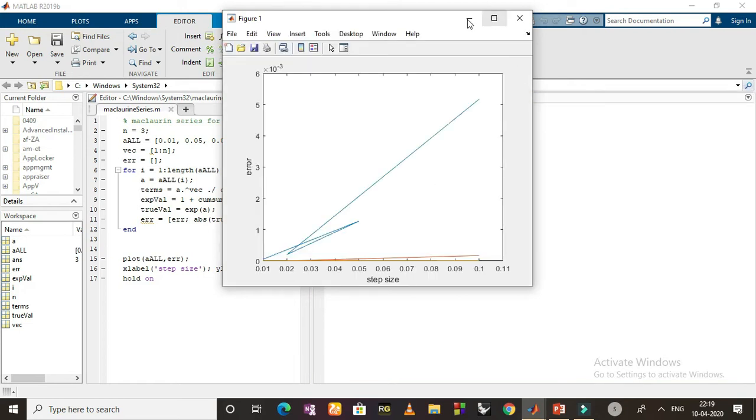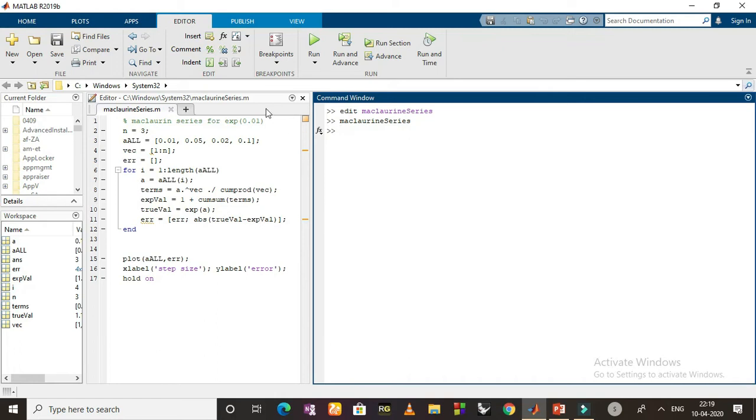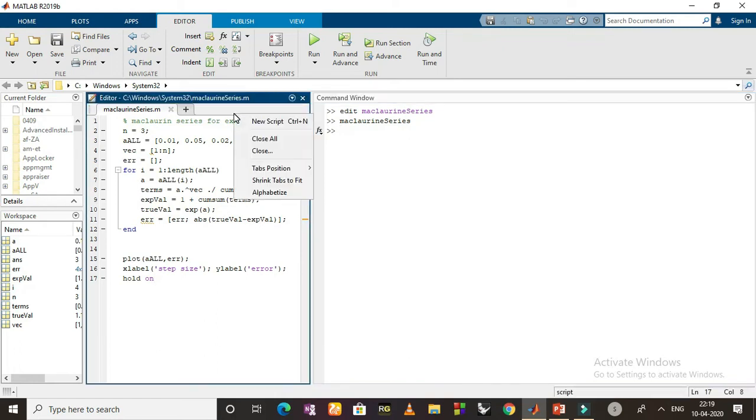Okay, so we got a figure like this. Here you can see the error is labeled on the y-axis and the step size on the x-axis, and as the step size increases, the error also increases. So for further, more accurate, more good,